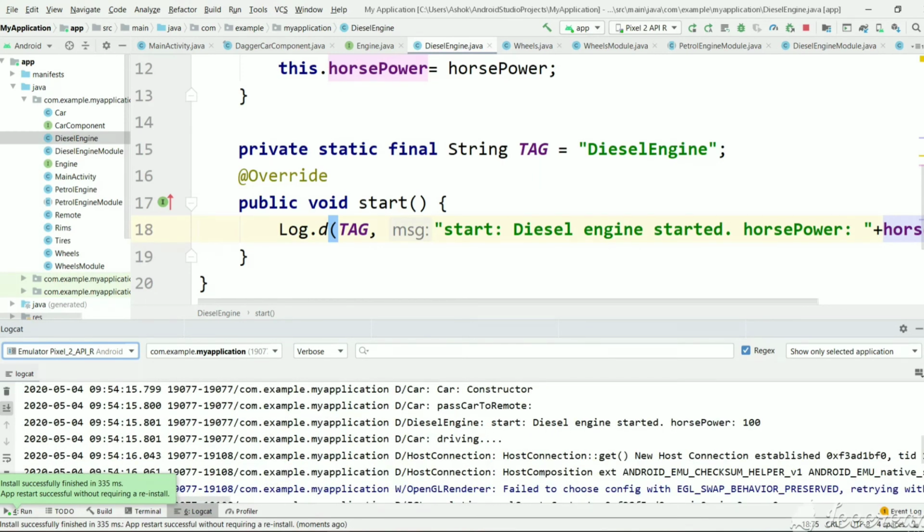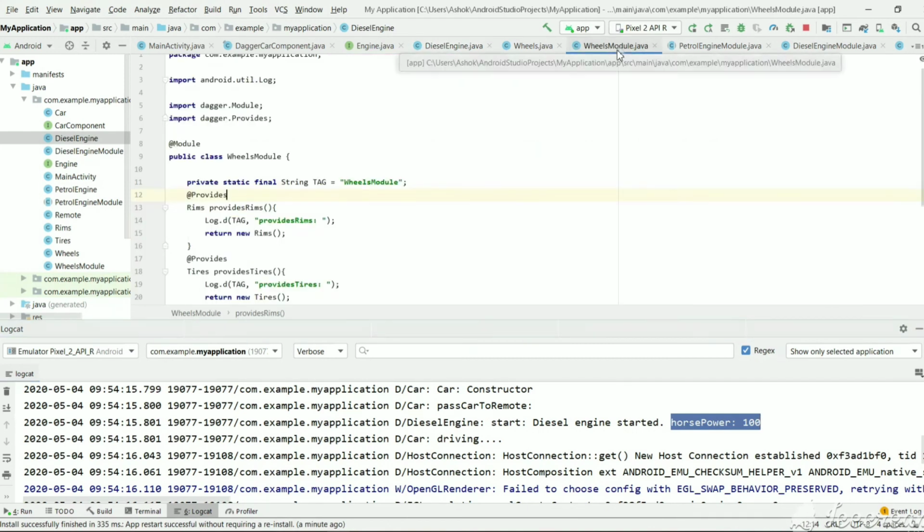So as you can see here, the diesel engine started with horsepower 100. So now we have provided the runtime value for the horsepower.